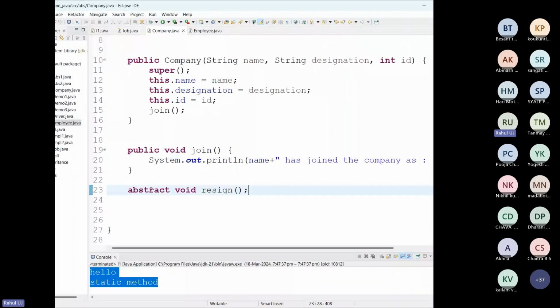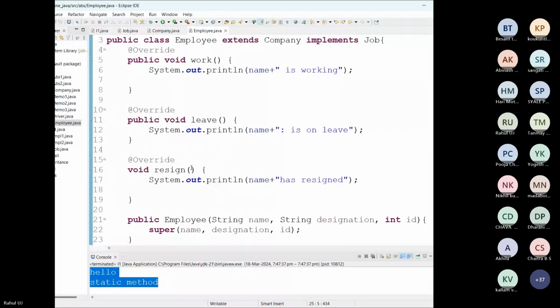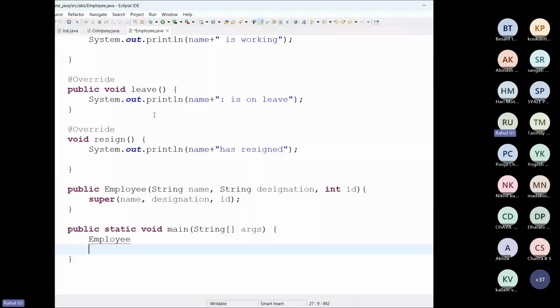I have overridden all three abstract methods in your child class. So next I can have a main method, Employee employee is equal to new Employee, name I will say Rama,